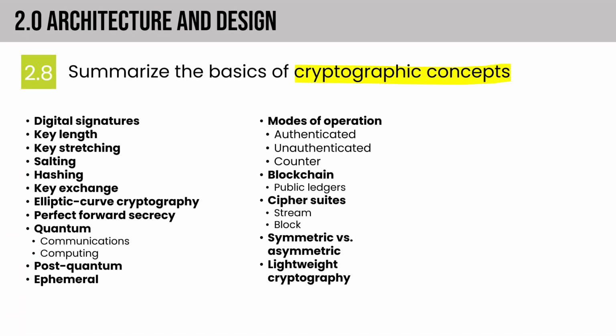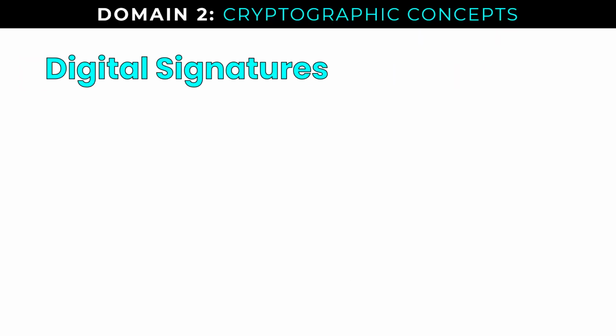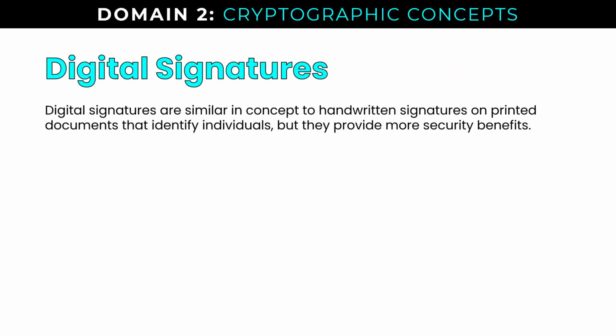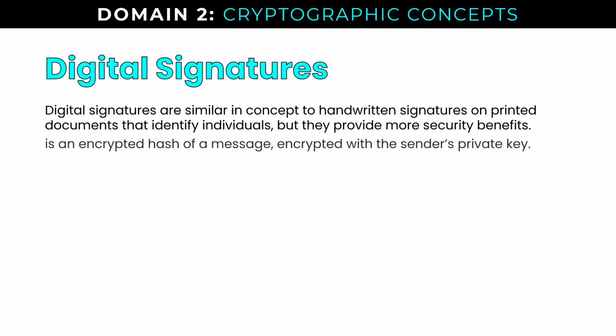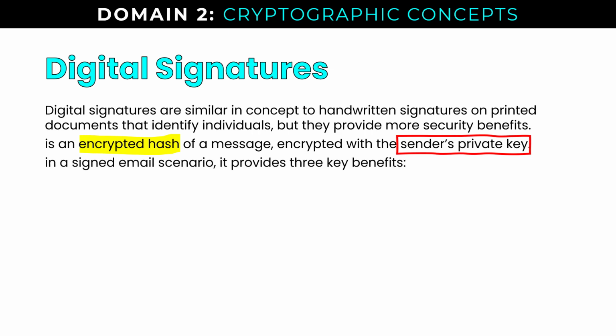In section 2.8, we're asked to summarize the basics of cryptographic concepts. So the basics of cryptography. Let's start with digital signatures. Digital signatures are similar in concept to handwritten signatures on printed documents that identify individuals, but they provide more security benefits. It's an encrypted hash of a message, encrypted with the sender's private key. In a signed email scenario, it provides